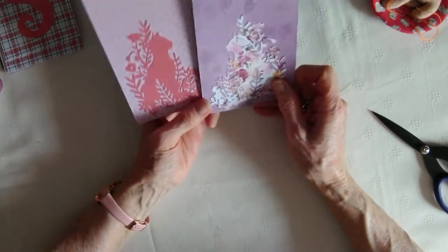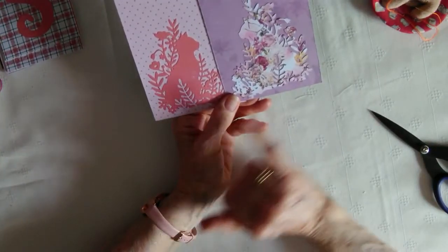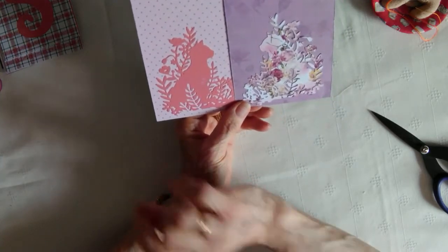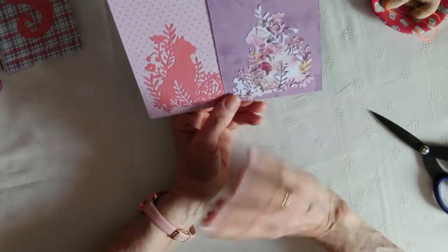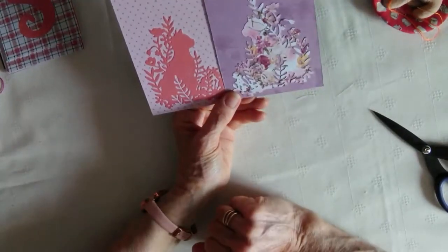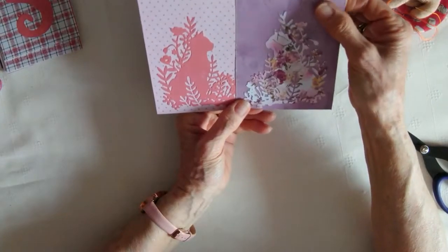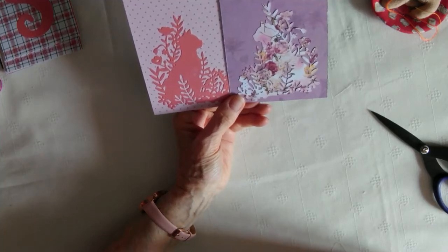So I played around with some different backgrounds and different focal images. So as you can see on here, I cut this out on my Big Shot. It's a Tim Holtz die. It's a thin die. And that's where I've got some tape that you can lay the image on and it'll just pick up the glue rather than having to sit and put tiny little bits of glue on it to stick it down. And I chose this lovely lilac-y background and thought I'll put a patterned paper on the top,